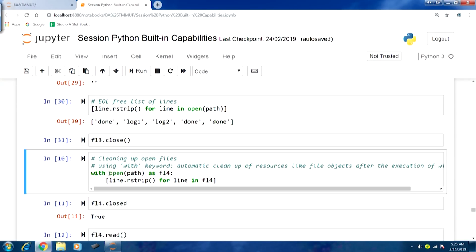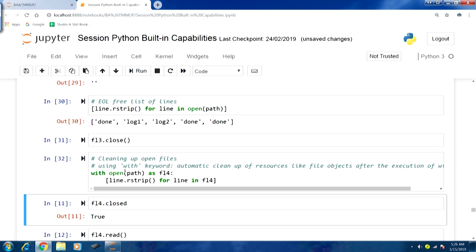Let us take an example here. The with keyword, then with open(path) as fl4. Essentially we are creating this fl4 file object with the function open(path), and we have just one line in this with block, where again we have the list comprehension: line.rstrip() for line in fl4. Essentially we will get the list of the lines that we have in the file. If I run this, you can see